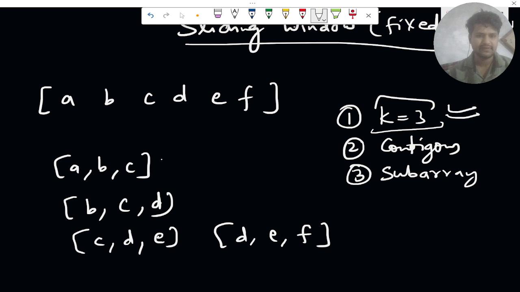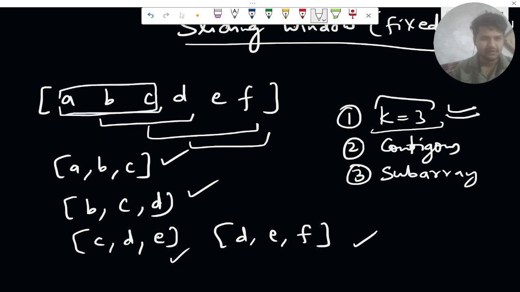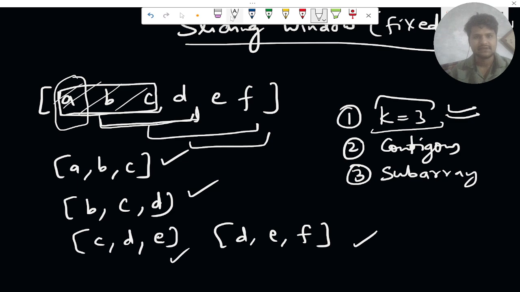From this array you will be able to form only 4 subarrays of size k, which is contiguous. So remember one thing: you have to observe, you are first taking the starting 3 elements, then you move one ahead and you remove one element from the current window. Okay, let's just take a